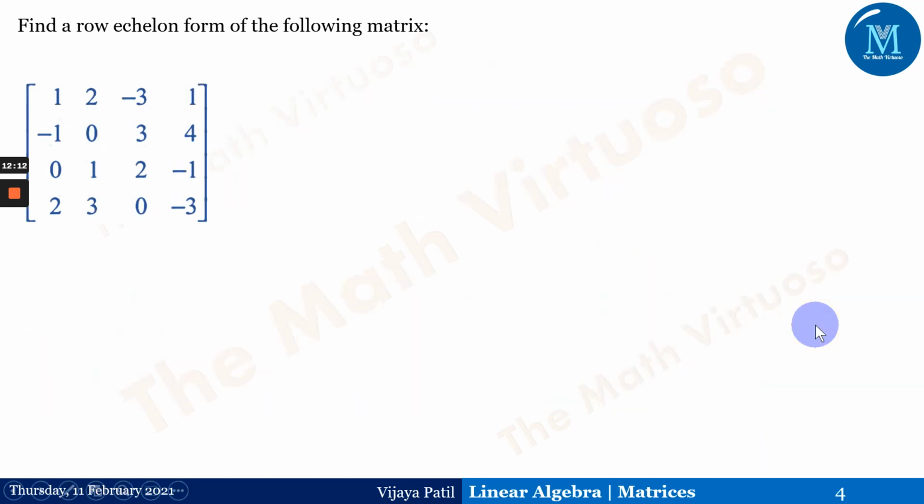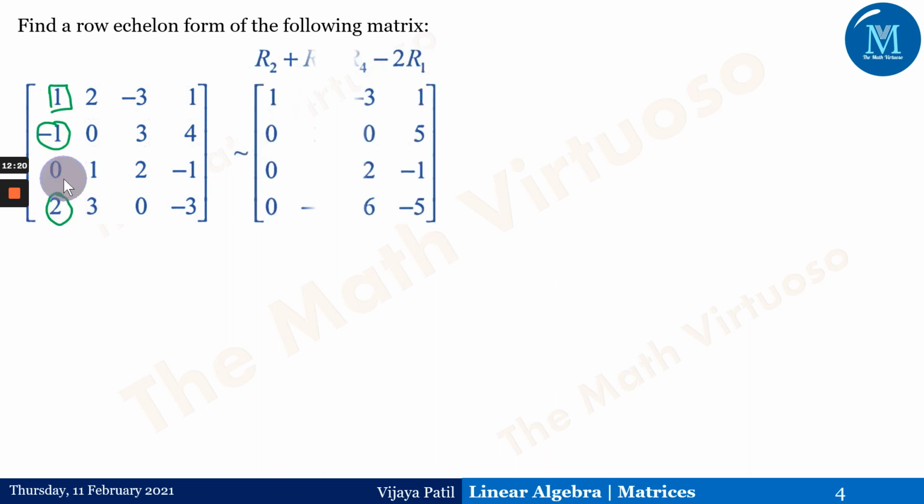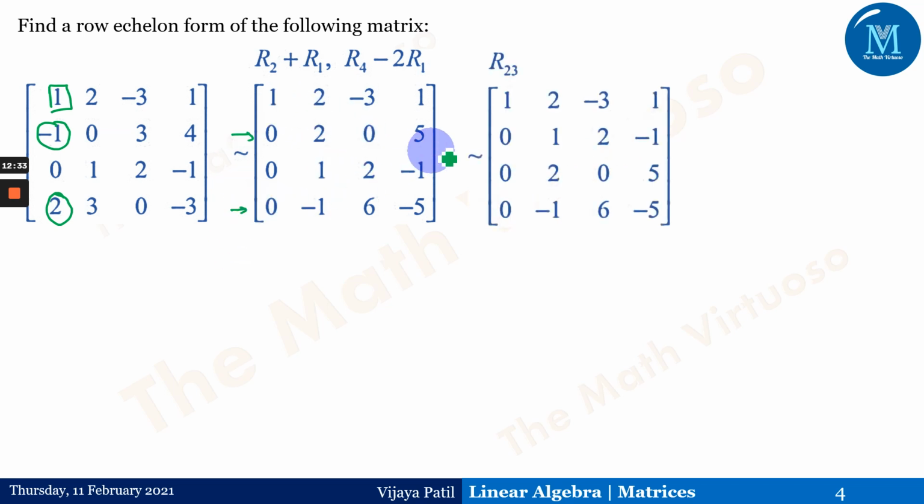Okay. One more thing we will go through quickly. Because this leading 1 is present already, this is 0. We want this as 0. So I'm going quickly over here. This R2 plus R1 and R4 minus 2 times R1 would be the transformation. After the transformation, please do check the rows R2 and R4 here. I'm not going to explain it again. Then R2, because we have got this as the leading 1, below that is 0.